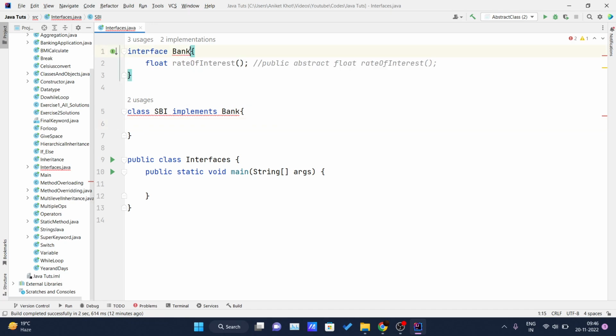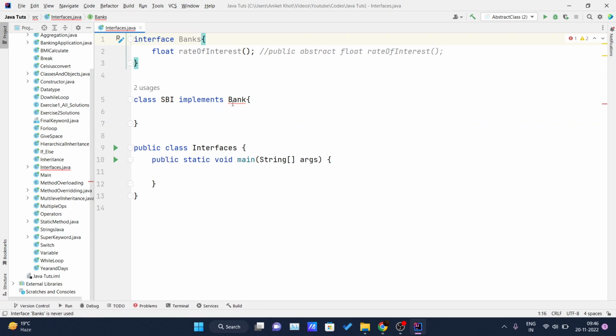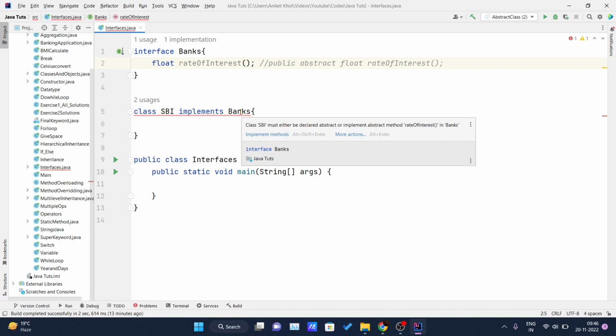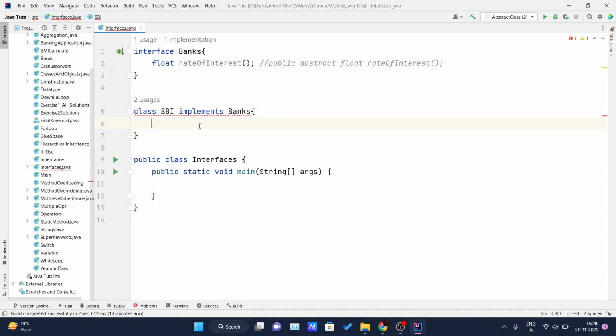Duplicate class. Okay, I will write Banks. Now it's okay. Here IntelliJ IDEA is throwing some errors. Let me check why. The class SBI must either be declared as abstract or implement the abstract method rate of interest. Here you can see we didn't write any abstract keyword before it, and still Java is throwing an error telling us that this is an abstract method. You have to implement this method inside this class. Okay, so let us implement that